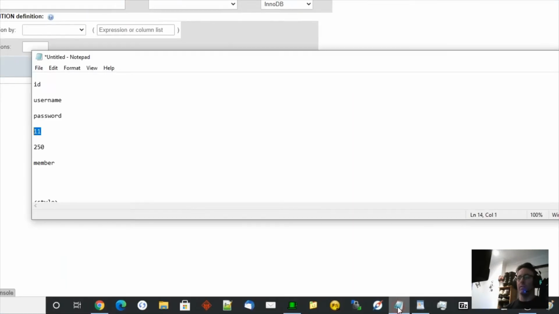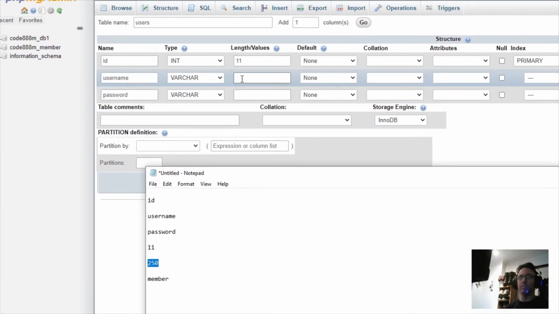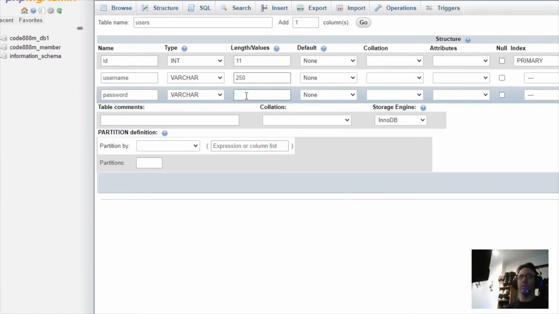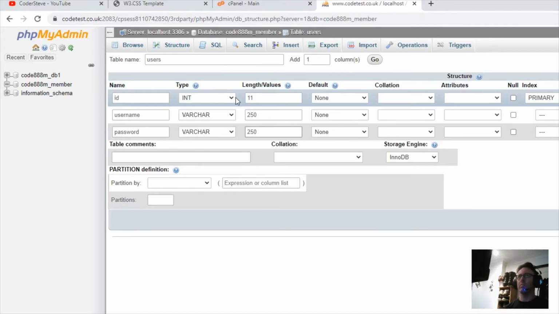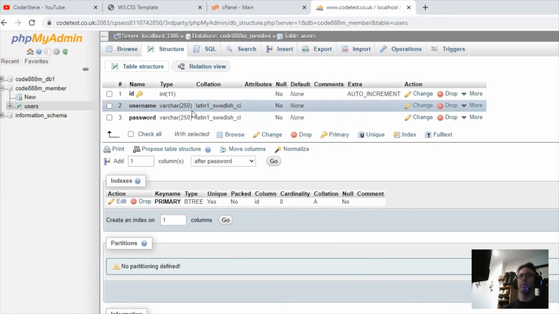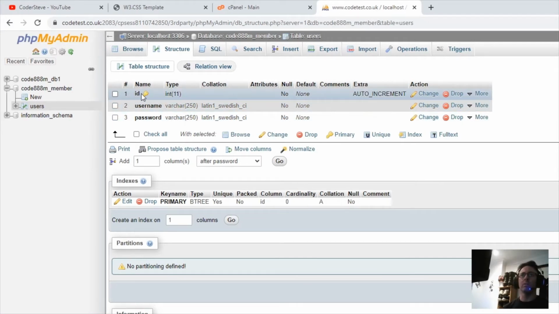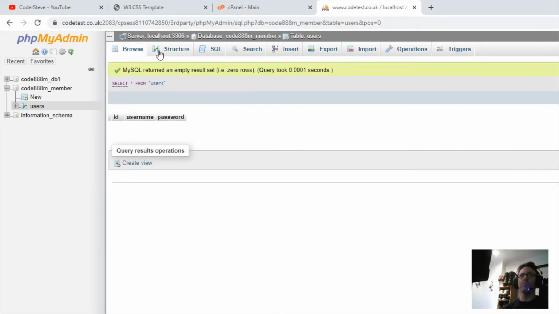So we need to give the other two a size as well. So we're going to give these 250, and that's about it. That's all you need to do in this tutorial to create your members database, and we're calling ours users. So I'll click save the table, and there you go. That's the table. It's ID, username, and password. So if I click browse, you see there's nothing there,